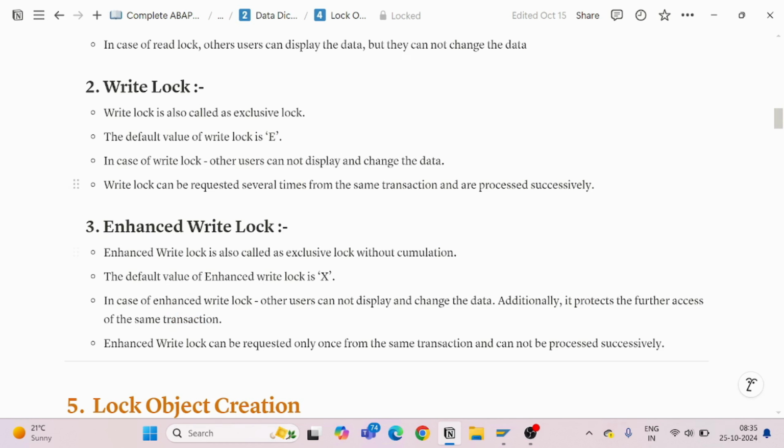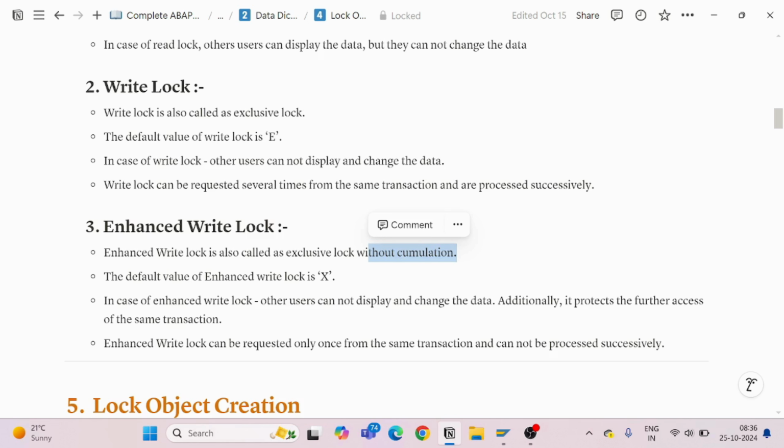So write log can be requested several times from the same transaction code, but enhanced write log can only be requested once from the same transaction code and cannot be processed successively. The default value of enhanced write log will be X, and it is also known as exclusive log without cumulation.